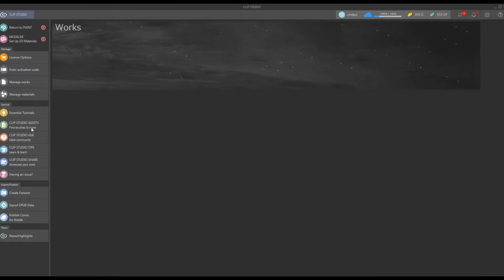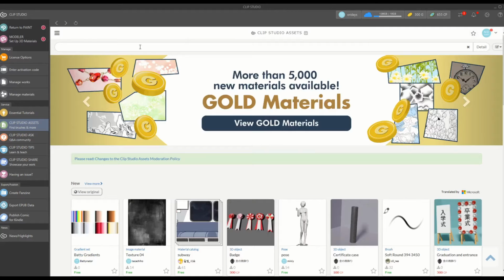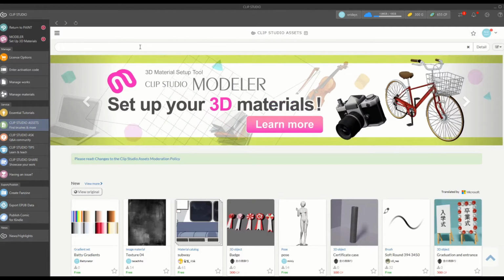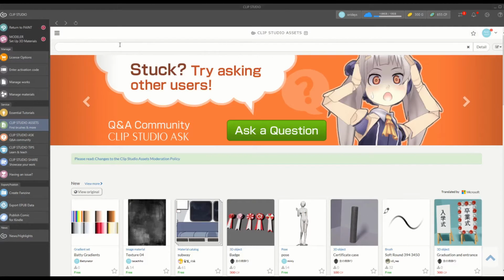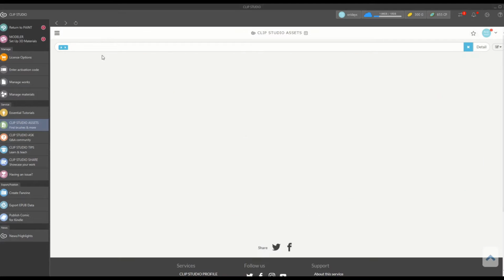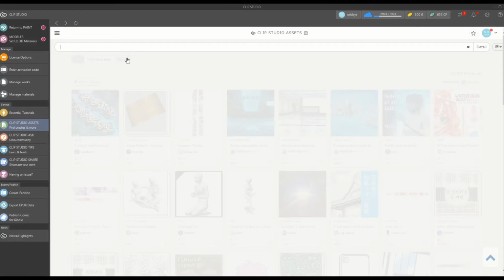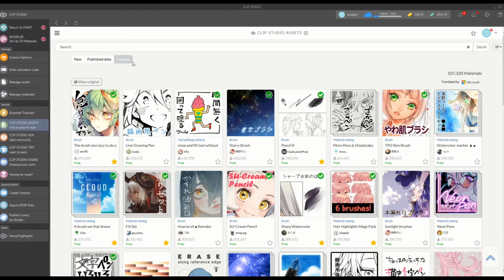Here's how. So the first thing is to go to the Clip Studio app and open the Assets tab on the left here. Then go to the search bar. Now you can search for anything you want, such as lines, paint, what kind of brush you want to find, but I would recommend actually just type in anything first, such as the letter A, get rid of it, and then click the popular tab. What this does is that it will show you all the most popular brushes on the store, and they're all really great and usually worth trying out.